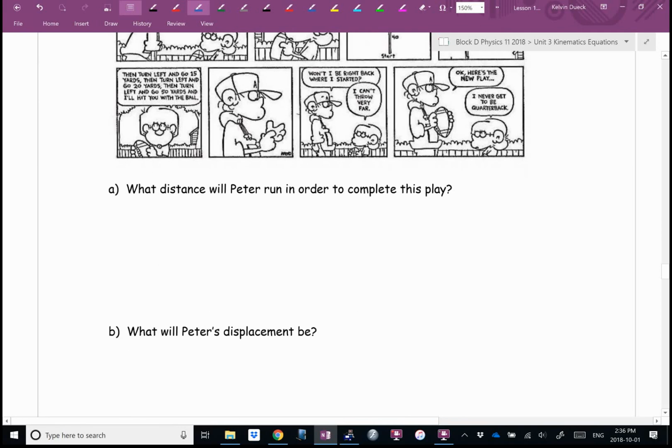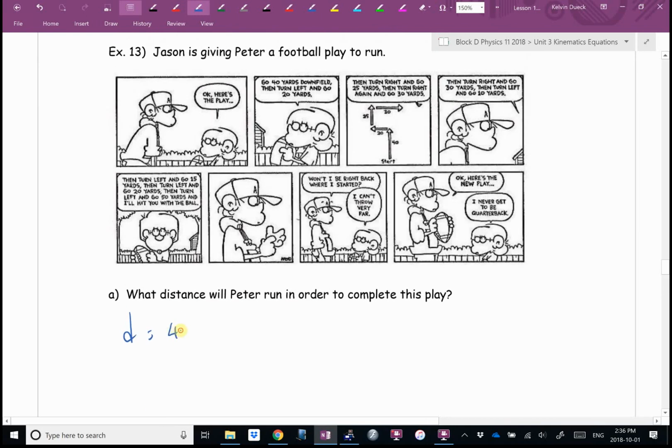So what will Peter's displacement be? 0. What will the distance be? 40 plus 20 plus 25 plus 30 plus 30 plus 10 plus 15 plus 20 plus 50. I can do that in my head. 60, 85, 115, 145, 155,